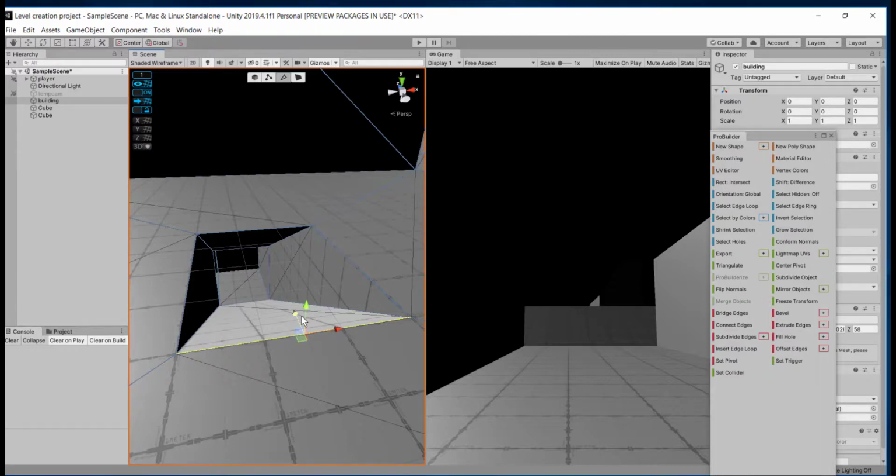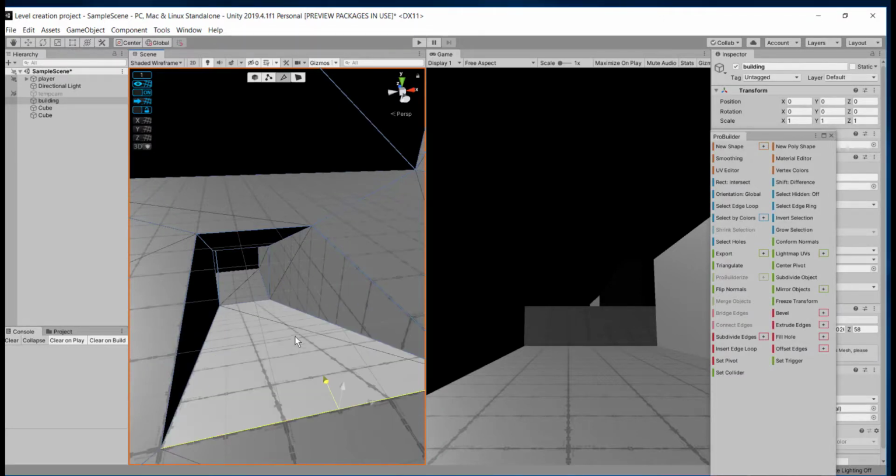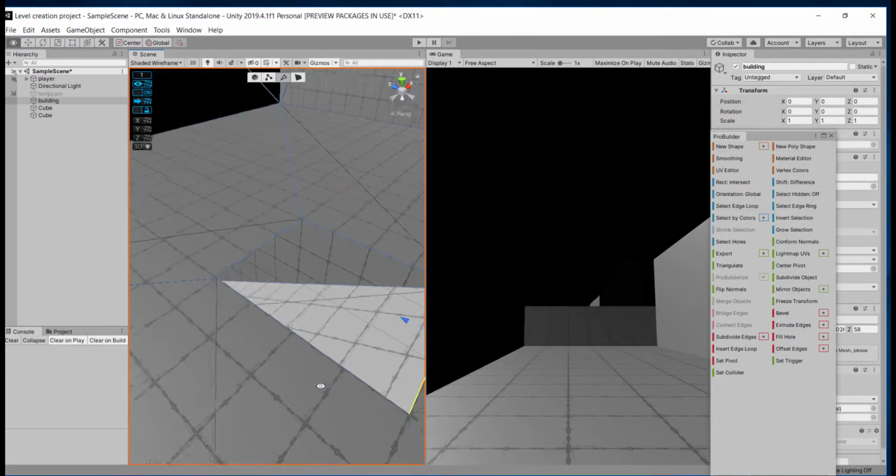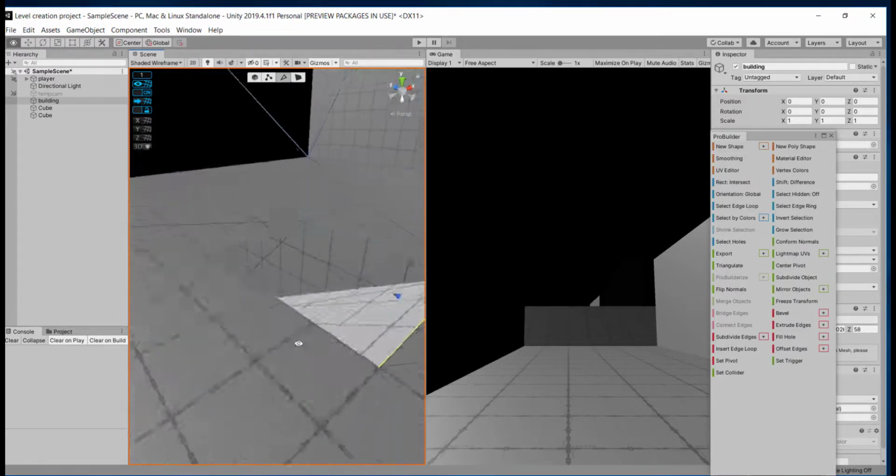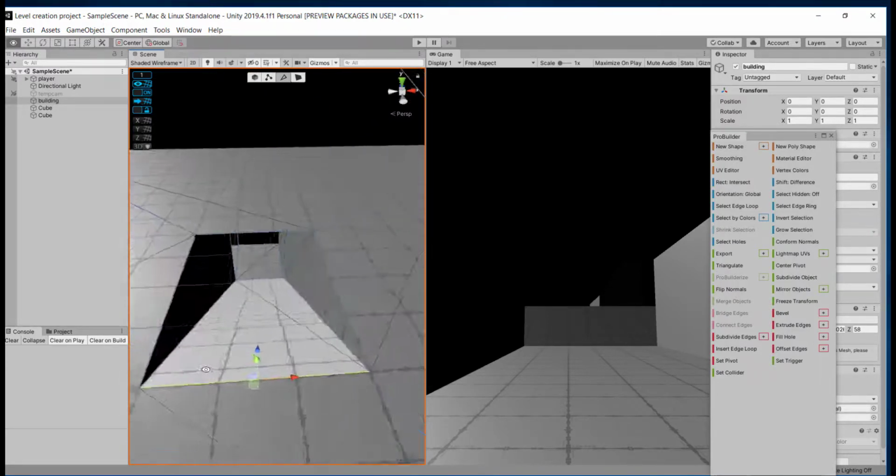So the easiest way is select both of these edges and merge them using connect edges in the ProBuilder window. And then when you select this edge, both of the connected faces move in unison as they are part of the same face.